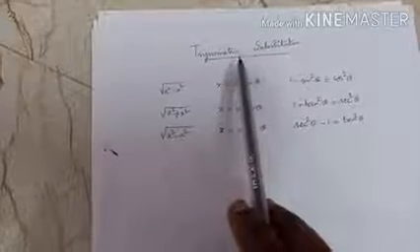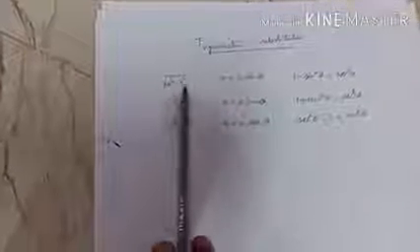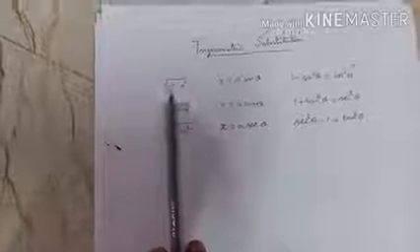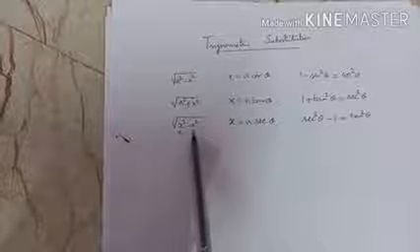So this is a heading in the integral calculus unit of engineering mathematics 1. Trigonometric substitution. So first you look at the problem, evaluate the integration, maybe the question. If the function given is in the form root of a square minus x square, then we have to use the substitution x equal to a sin theta. If the expression is root of a square plus x square, then x equal to a tan theta. If it is root of x square minus a square, then the substitution is x equal to a secant theta. So in the simplification of the problem, we have to use these identities.